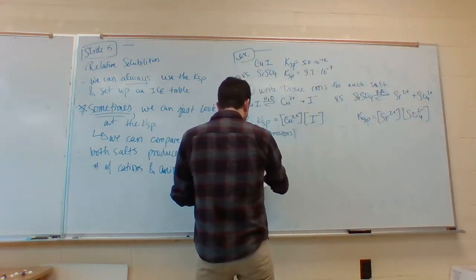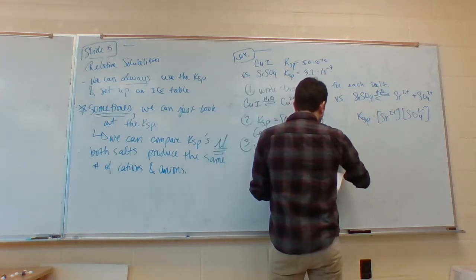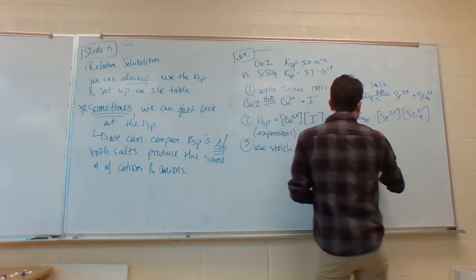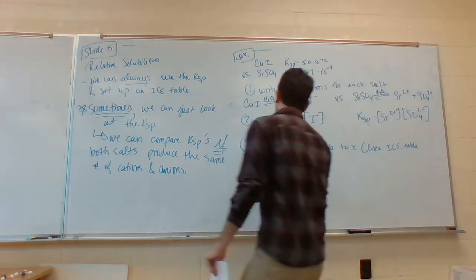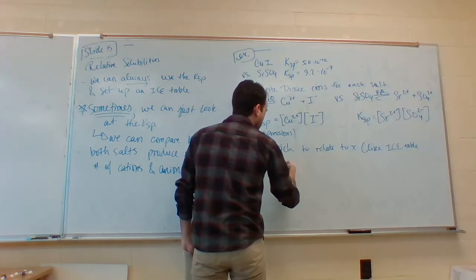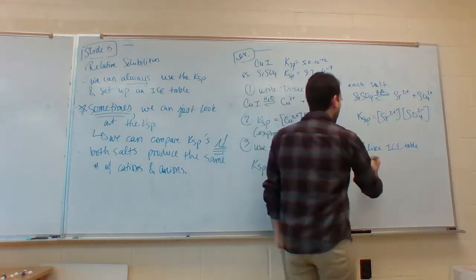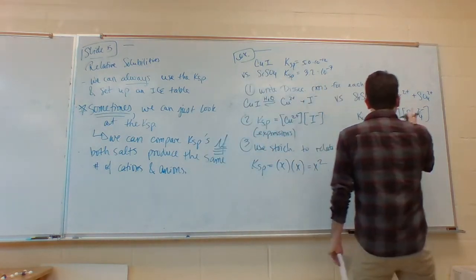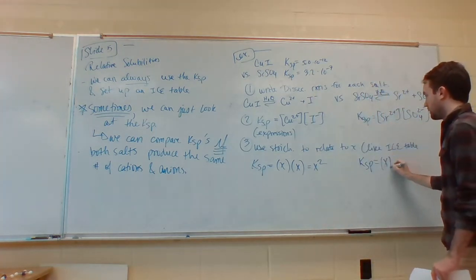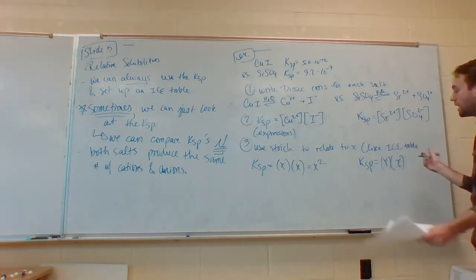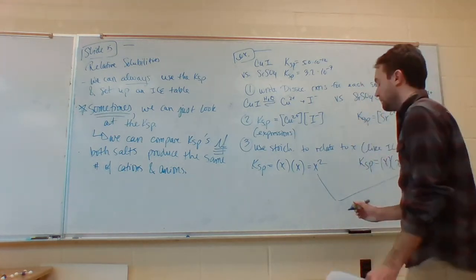Then we're going to plug in, right? So we're going to use stoichiometry to relate to X. Okay, so this would be like the ice table. Okay, so we have KSP is equal to, in this case, we have an X, right? 1X. We have an X here. Okay, and over here, right, so this would equal X squared. Over here, we would have KSP is equal to X times X. Again, just like our ice table, X squared. Okay, if these are the same, right,